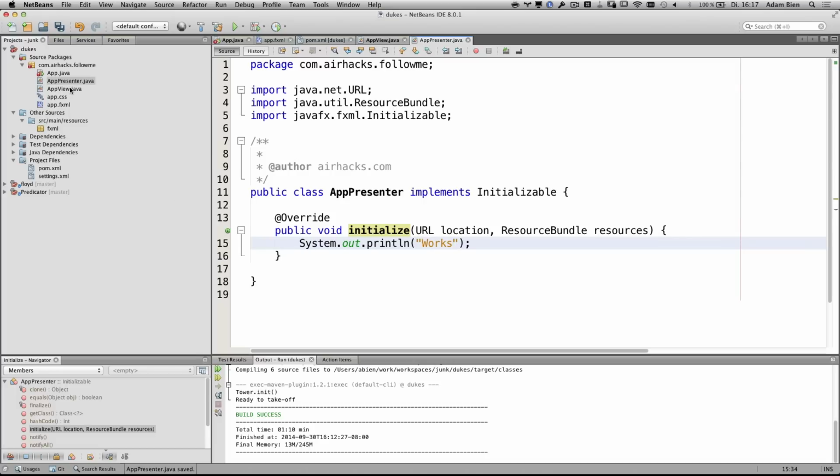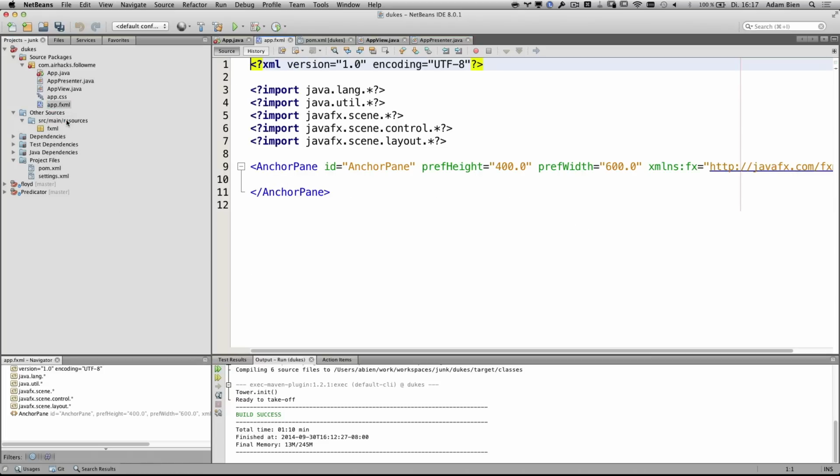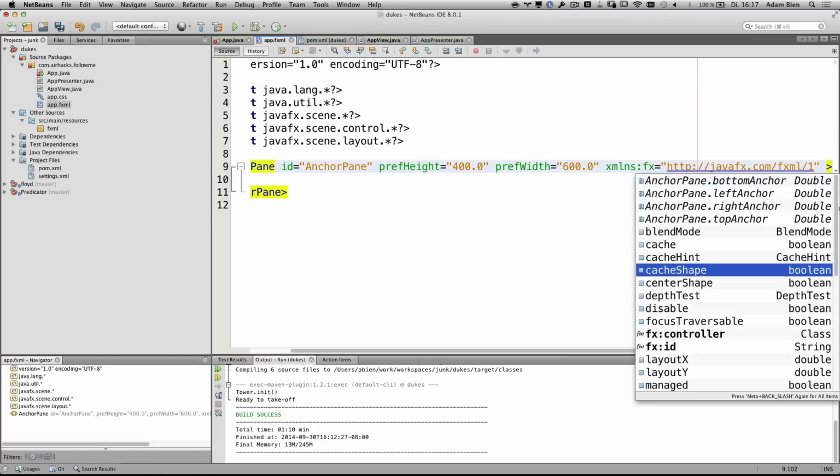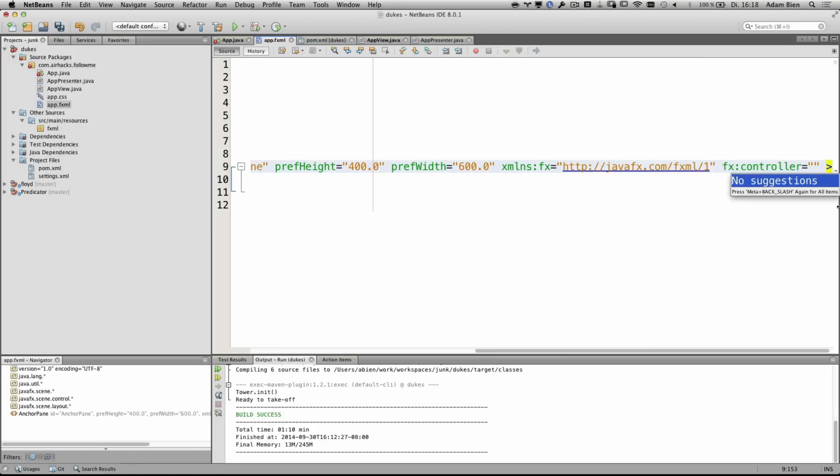So now we are almost set, except we have to go to the app.fxml here. This is empty. And I will have to say I would like to have a controller. And the controller is called airhacks.follow me.dukes, and app presenter.